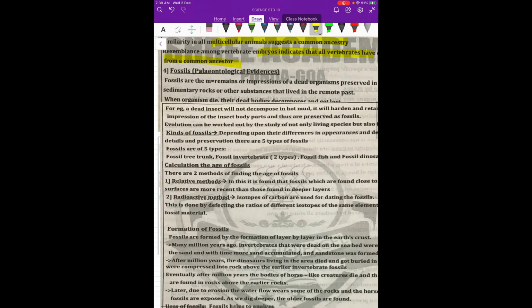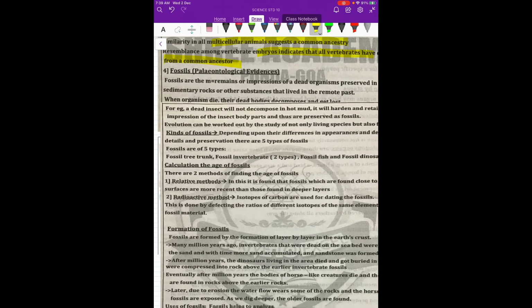Then the third is embryological evidence. If you see, there is a similarity in multicellular organisms, giving us an idea that there was a common ancestry. For example, when you studied vertebrates in 9th standard, vertebrates are classified as one group because at the top they are almost the same. As we go down the group, you will find they have little differences in the vertebral columns, and then they are differentiated as different types of animals. This tells us that they may have a common ancestor, and only due to evolution through millions of years they are now in the present forms.